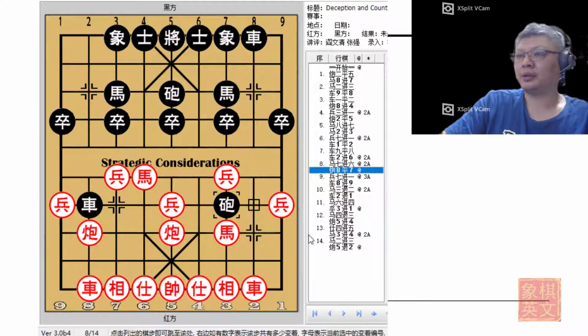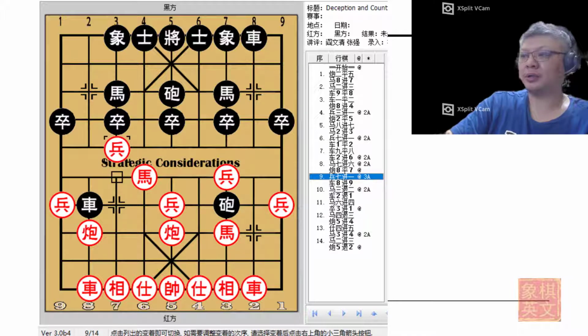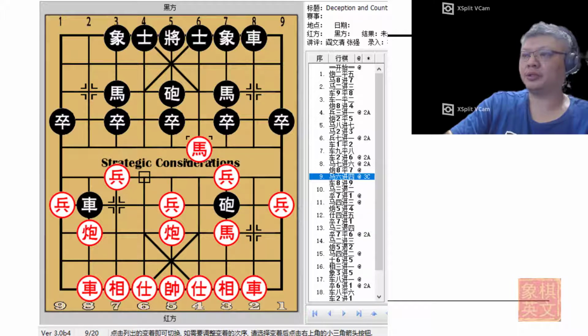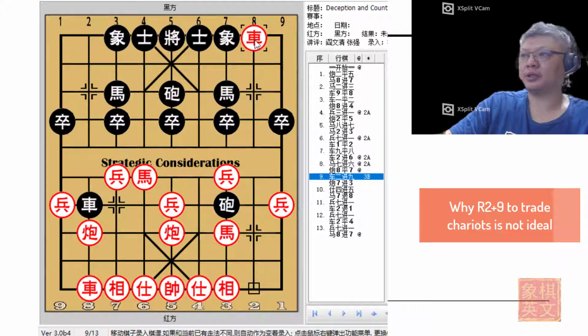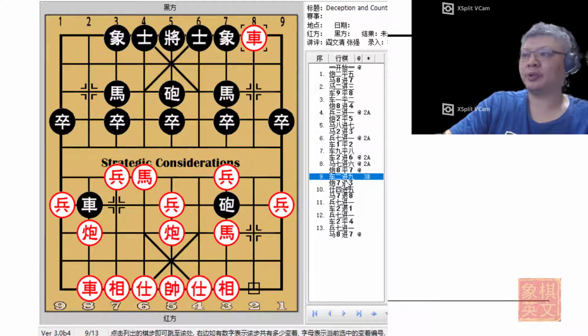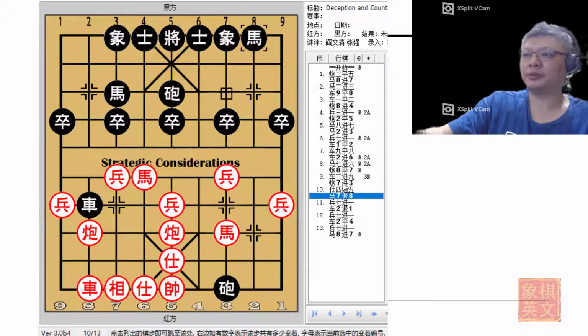Now, this would be the position of discussion for this board. There are two major variations. The first would be p7 plus 1, and the second recommendation would be h6 plus 4, which is the recommended variation. Now, at this point in time, we will need to also consider the possibility of trading chariots. Would trading chariots be an option for Red? Black would capture the elephant, check, trade chariots,